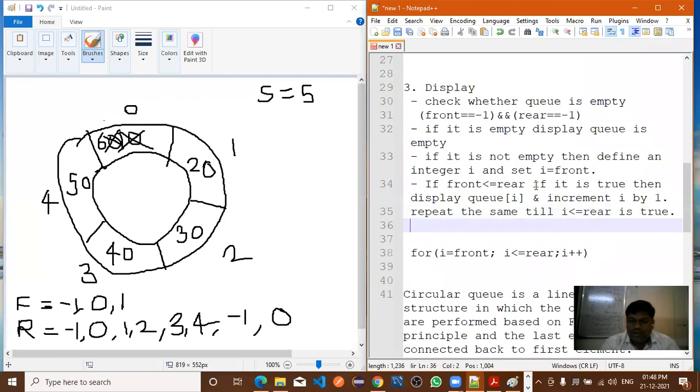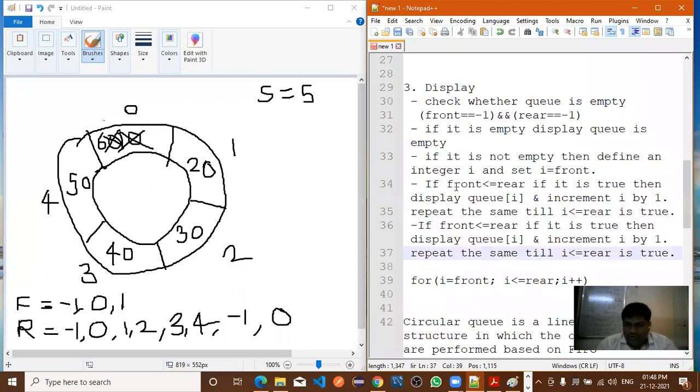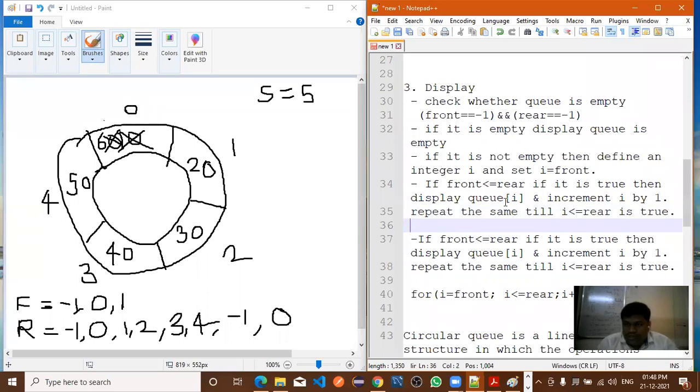Right. After that, next step is the same, only the changes are here. If front is less than or equal to rear, if it is true, then display the Q of I and increment I by 1 and repeat the same till I less than or equal to rear.